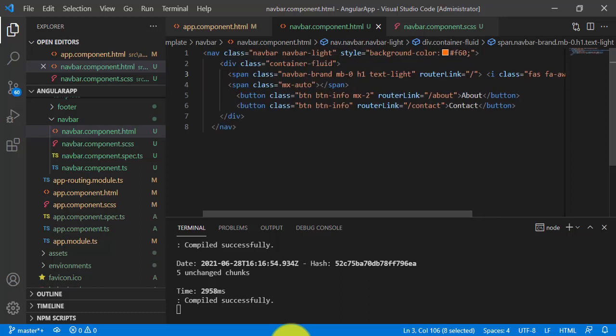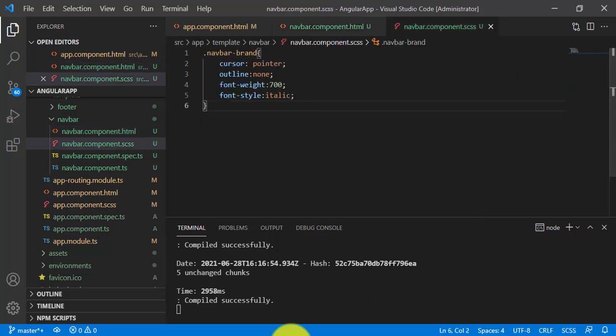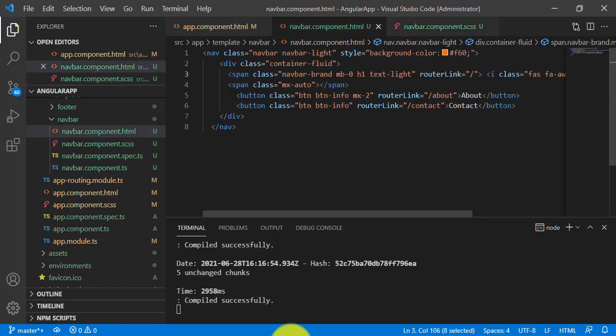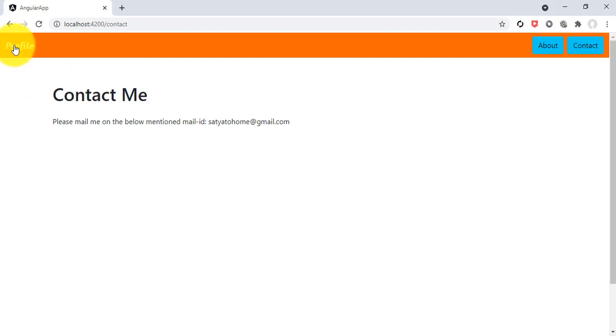After applying this bootstrap class navbar-brand, you can see that our profile text is in italic form. And if you put the mouse pointer on it, it is shown in cursor format.